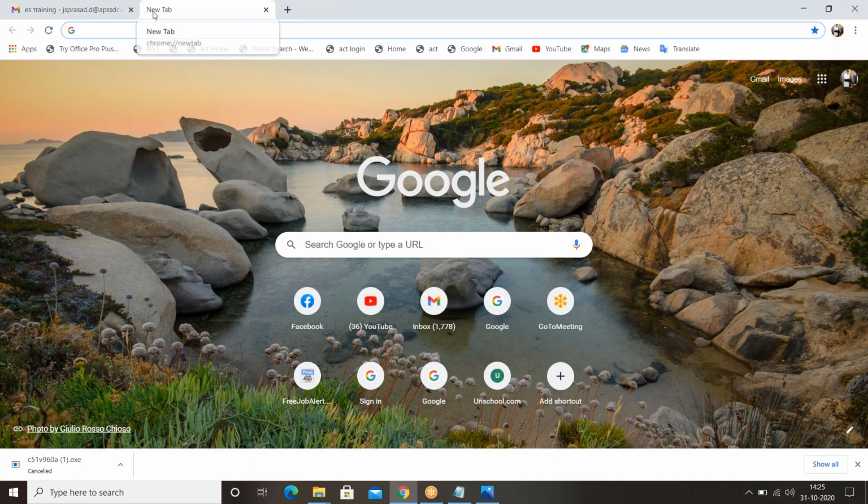Guys, we are going to use Keil software for coding and Proteus software for hardware design.